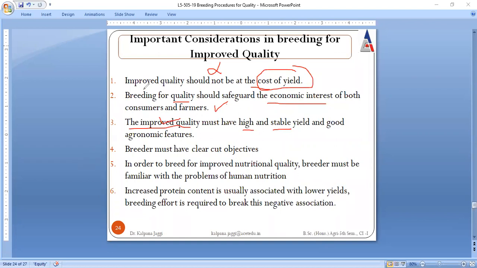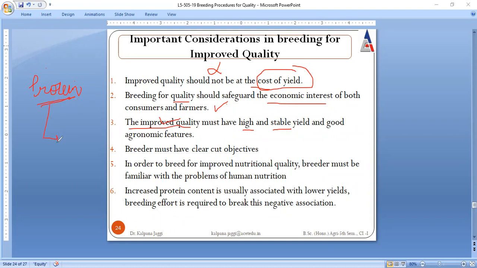Because here all we are talking about the breeding procedure for quality, and when I say quality, I'm talking only about protein quality. My stress is no more on the oil quality, I'm stressing just on the protein quality. Whenever we are looking at the breeding parameters for increasing the quality,